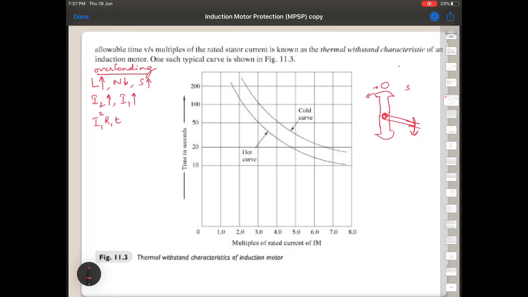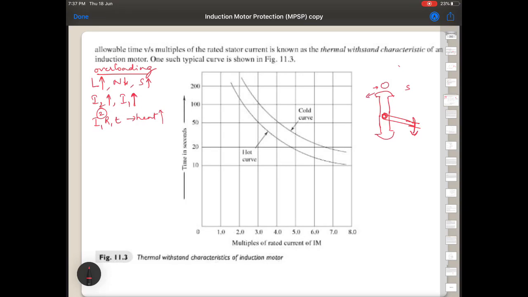So this is what I square R is, the heat loss. So there is a huge loss. See, the current I1 is increasing, and because it is associated with a square nature, you can imagine how much heat will be produced for a change in I1. For 1 ampere change, there will be a proportionate heat. For 2 amperes change, there will be 4 times heat produced. That is the meaning of the square nature, the quadratic nature.